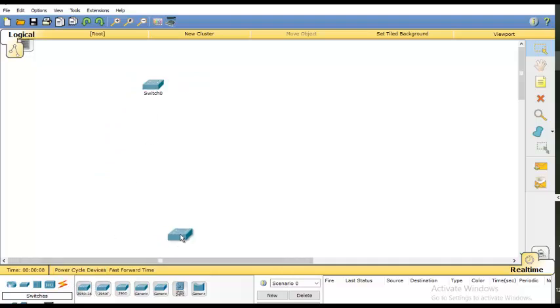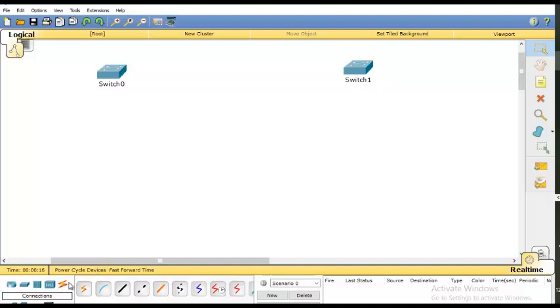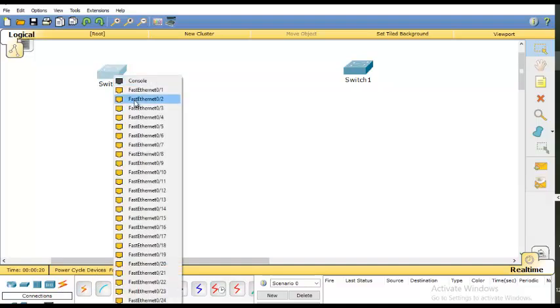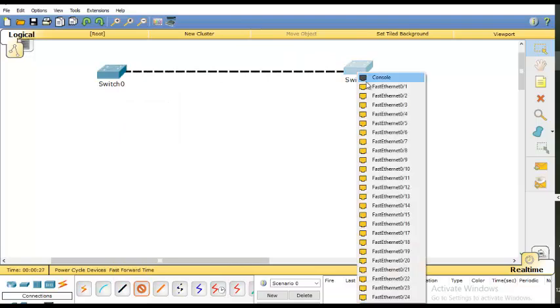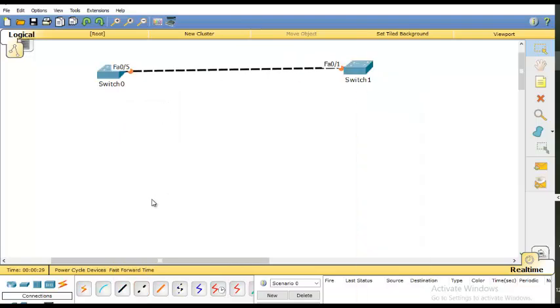Now we take two switches and connect wires like we said. F05, I'm connecting to maybe F01, and likewise I connect